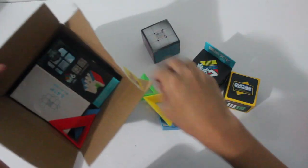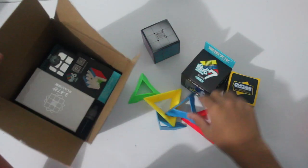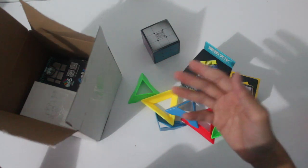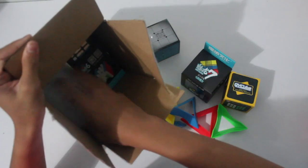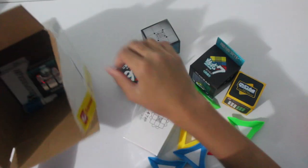A lot of stands. I'll be needing these as I have a lot of cubes. I'm pretty sure half of these are from Moyu and half of these are from YJ, but YJ is a sub-brand of Moyu, so I guess it's all Moyu. And here's the GTS 2m. I think this is the newer version with the darker shades, so that's interesting. The Meilong 6x6, Gan Lube,